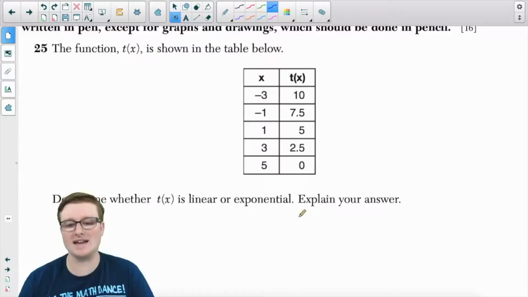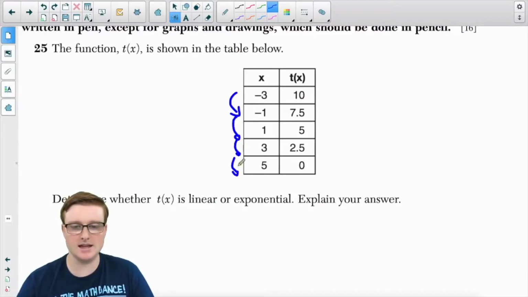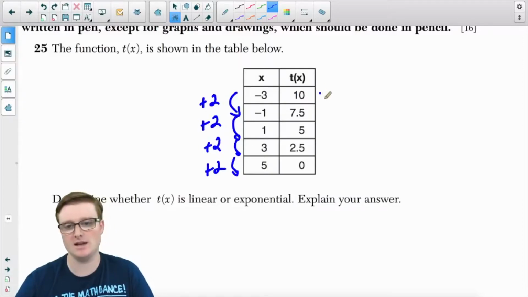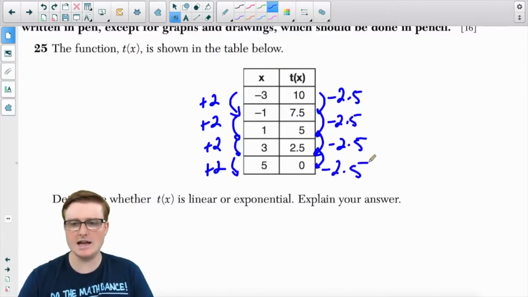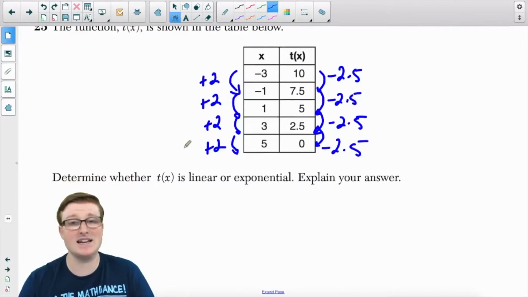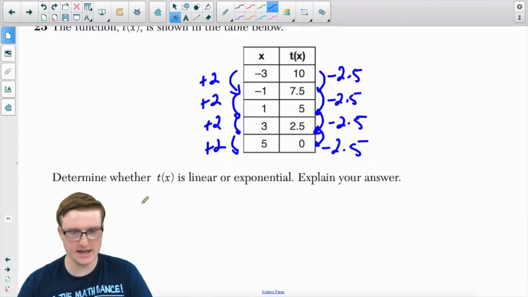Exponential, and then it says explain your answer. So let's take a look at the x values. Each individual x value is adding by 2 each time. Then all of a sudden on the right-hand side, you are decreasing by 2.5 each time. So what is this? It has to be linear. So we're going to say this is linear